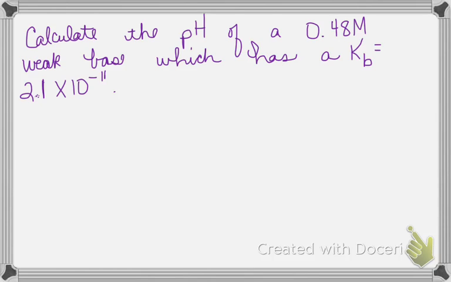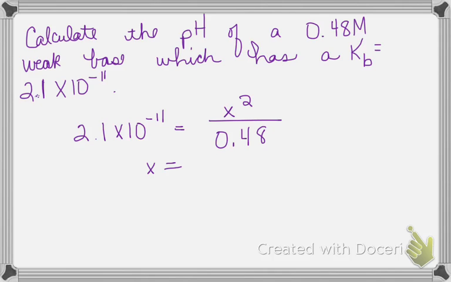So basically, instead of asking you to look it up in the table, I'm telling you what the Kb is. Go ahead and put up here how to work it. 2.1 times 10 to the minus 11 is equal to x squared divided by 0.48. Solving for x,